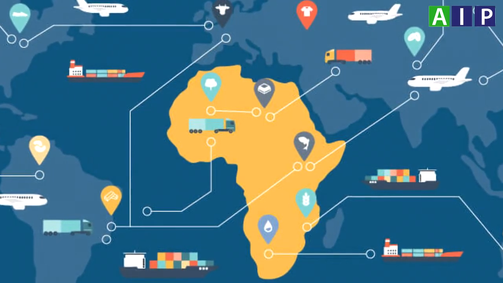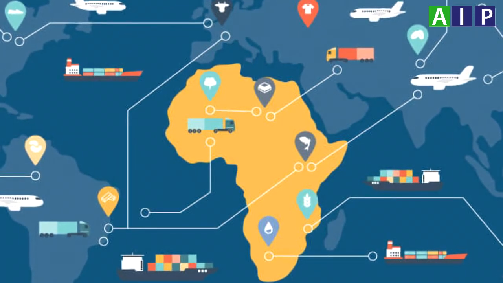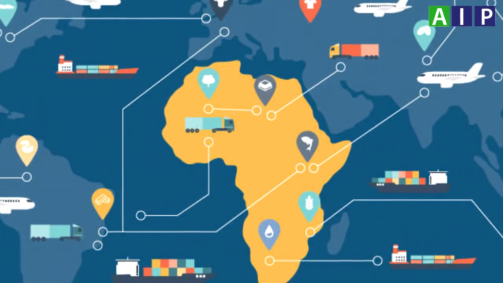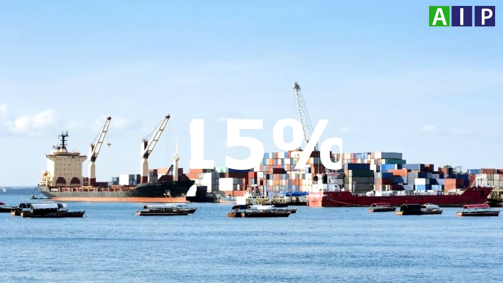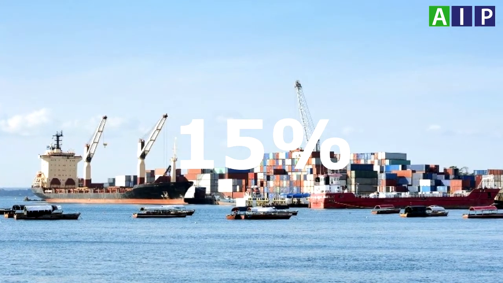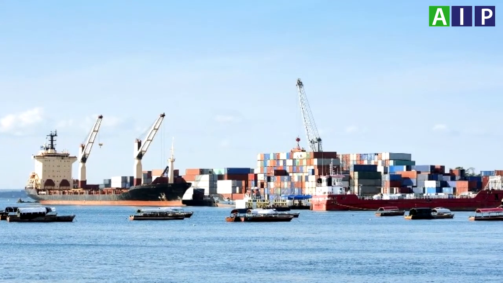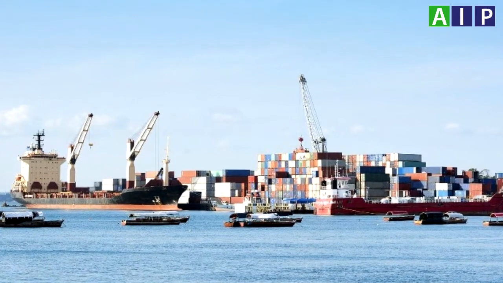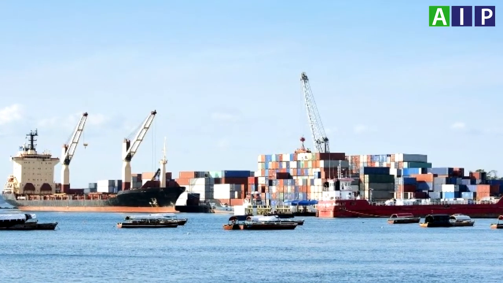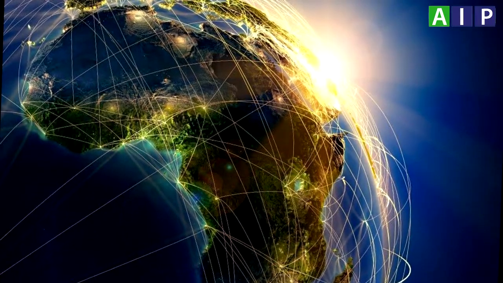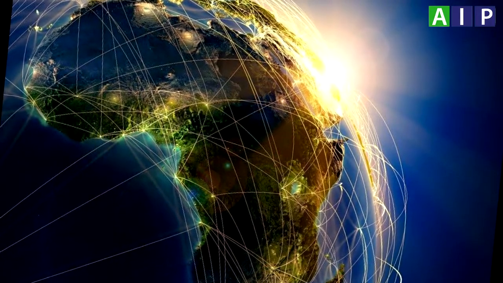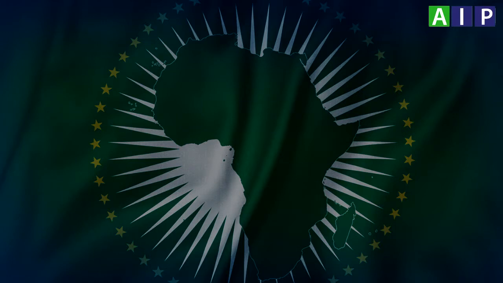So let's come back to the intra-Africa trade. The intra-Africa trade is the trade between African countries. We trade between ourselves at a rate of only around 15%, the lowest rate compared to other continents. So it means it is much easier for an African country to trade with an American or a European or Asian country than the country next door. But why is this the situation? This can be explained by 4 key points.